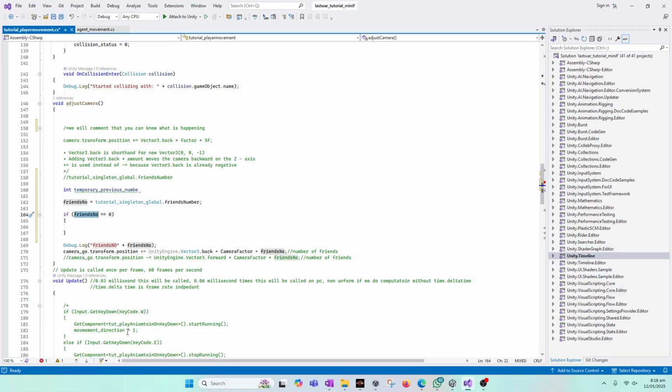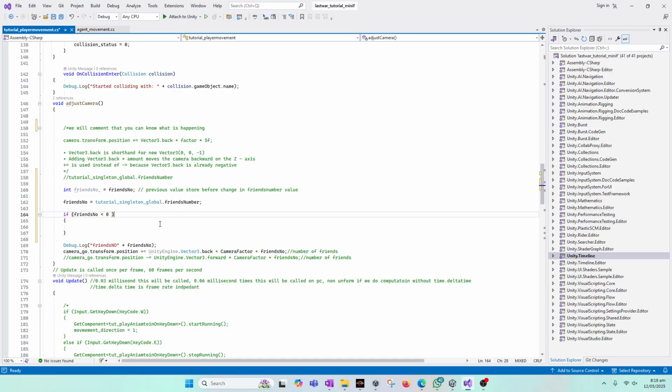Let's do this, or to do this we can simply add this and then this, previous value stored before change in friend number value. So if friends number is less than 0,